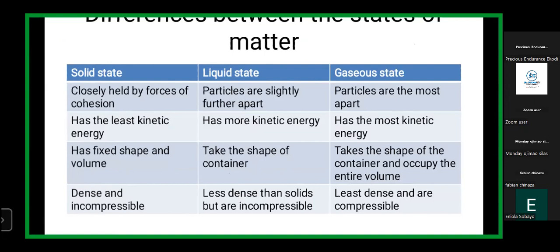The force of coercion between the particles that make up your ice crystals and the particles that make up, say, stone, for like granite, is totally different. Because you notice that it is easier to break down that force of coercion between the particles that make up your ice crystal, and then comparing it with that of stone, you notice it is harder to break stone. So the fact that all solids have a force of coercion, the forces of coercion still differ, but these forces of coercion keep them fixed together.